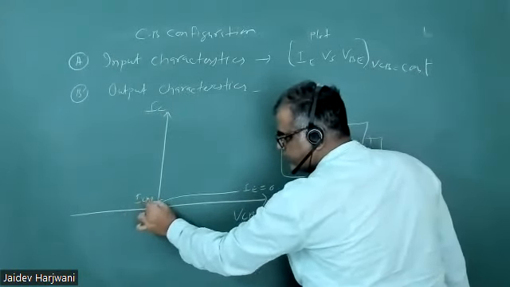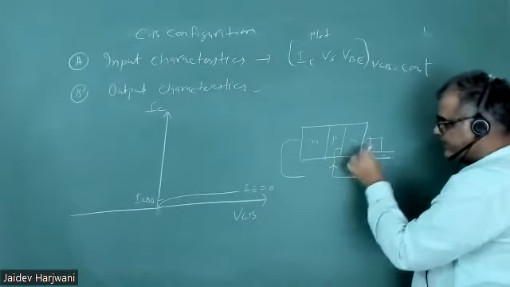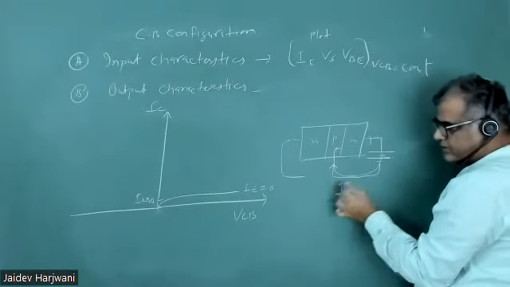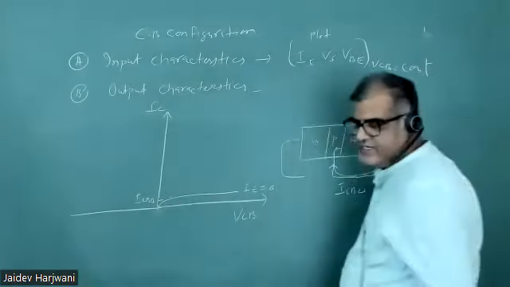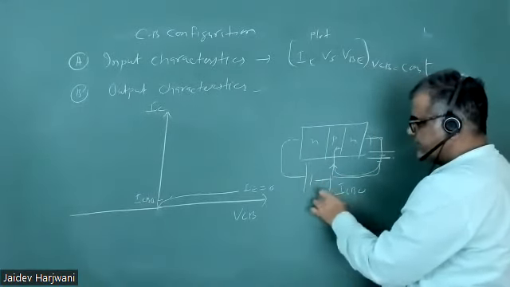ICBO। So when IE is 0, then in this circuit whatever current is flowing, that is ICBO। तो आपका ICBO करंट फ्लो कर रहा है IE इक्वल टू 0 पे।